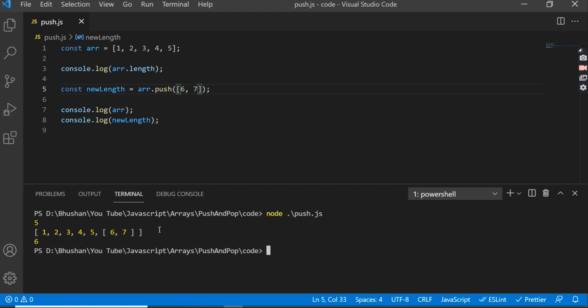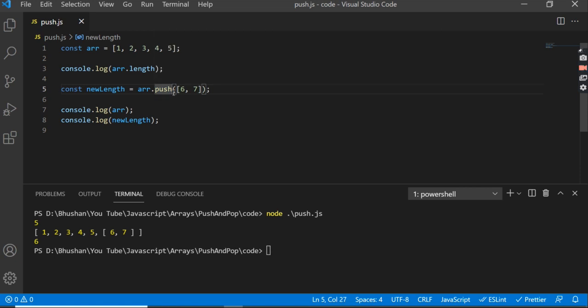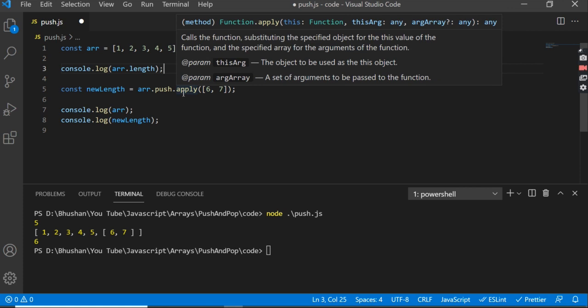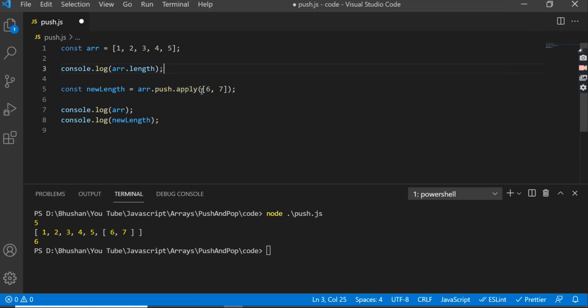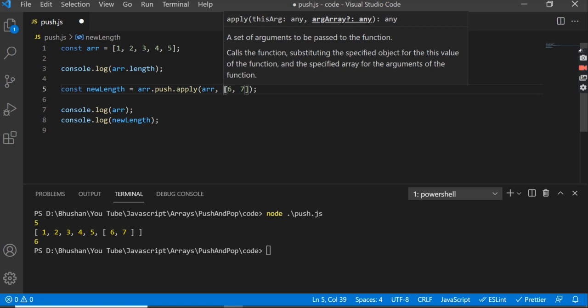But what if we want to add elements from another array into the original array? As I told you, the push method is generic, so that we can add apply method on this. You can read up about this apply method. What apply does is it can be used to combine two arrays. So first we need to pass where we want to add elements, and the second is the second array.